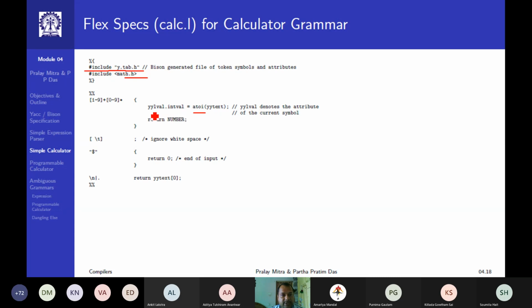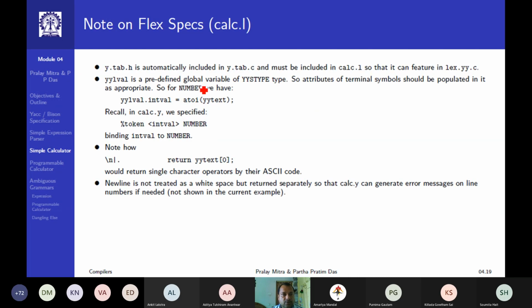So what this atoi is actually doing is that corresponding to the digits which are read, it is reading them as text. I am converting that text to some integer value, and yylval.ival is my attribute. I am storing that information there, and I am returning the number. Now either you can write your own small program to convert the text to a number, or you can use this atoi function, and for that you need to include math.h. It's up to you. The rest of the things are the same as the previous one, so no need to discuss.